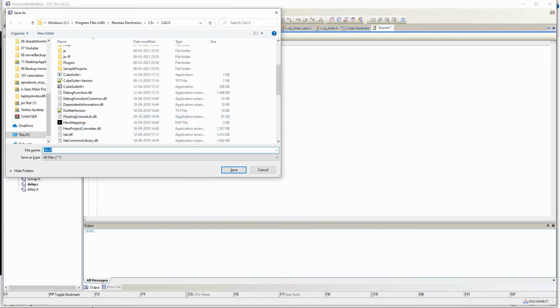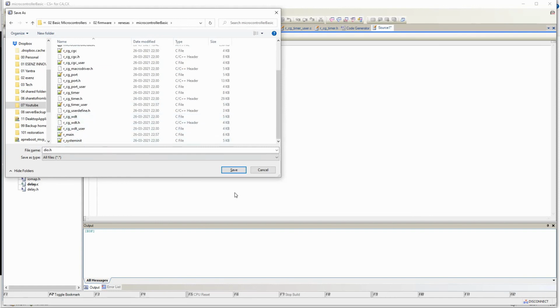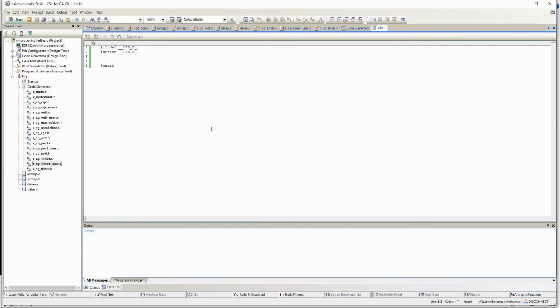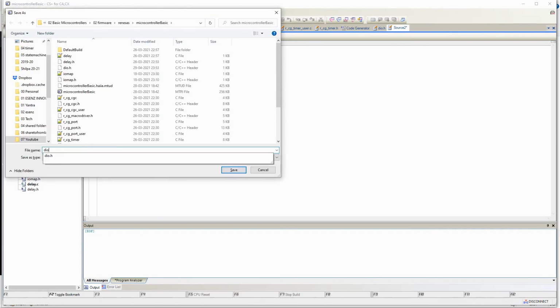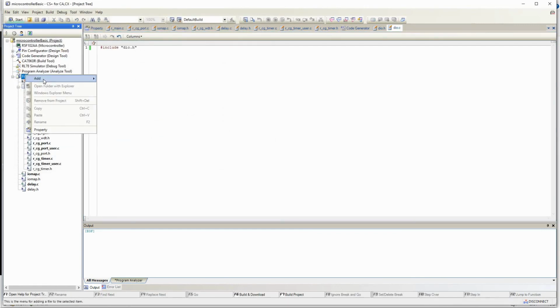Okay, the path has not been taken. Save, and let's see. I have to include those files also here.